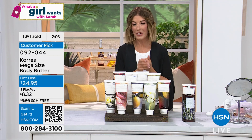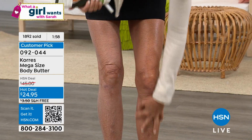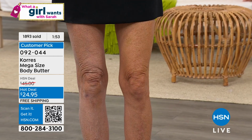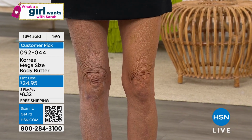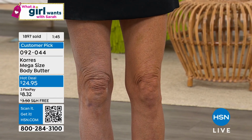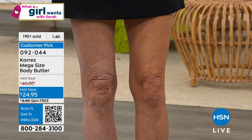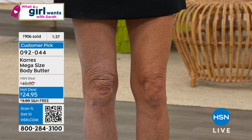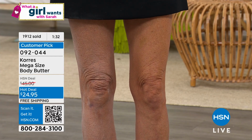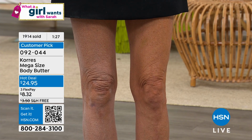And you can see on our leg model here, the big difference is when you get to apply this to the crepey skin, the dry skin, the sagging skin, if you have uneven skin tone, look at how much more beautiful and even and rich and moisturized and unwrinkled the leg looks that it actually has the body butter on it, Stephanie. Right. And it is full 360. You mentioned the lines, the wrinkles, but look at the scaliness to the skin and then the softness in the after. If you're that person, like Bobby Ray always says, I have pachyderm skin, nothing can quench my skin. This is the richest, most